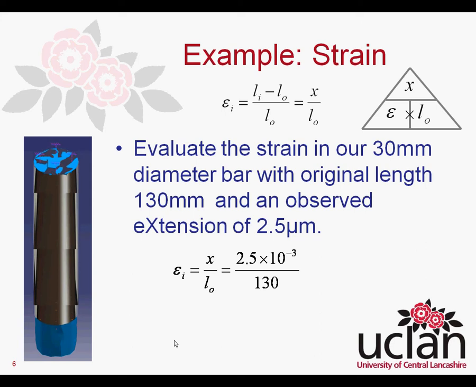We're working in millimeters. We say this is 2.5 times 10 to the minus 3 divided by 130 millimeters. We can then convert into micros times 10 to the minus 6 by moving our decimal place 3 places on the bottom. And we have 2.5 over 0.13, which ends up as, in the calculator, 19.2 times 10 to the minus 6,